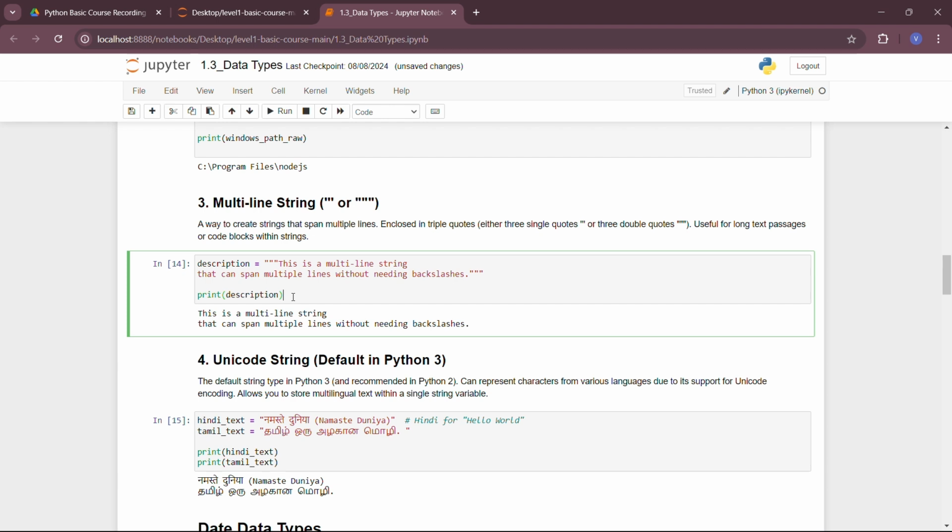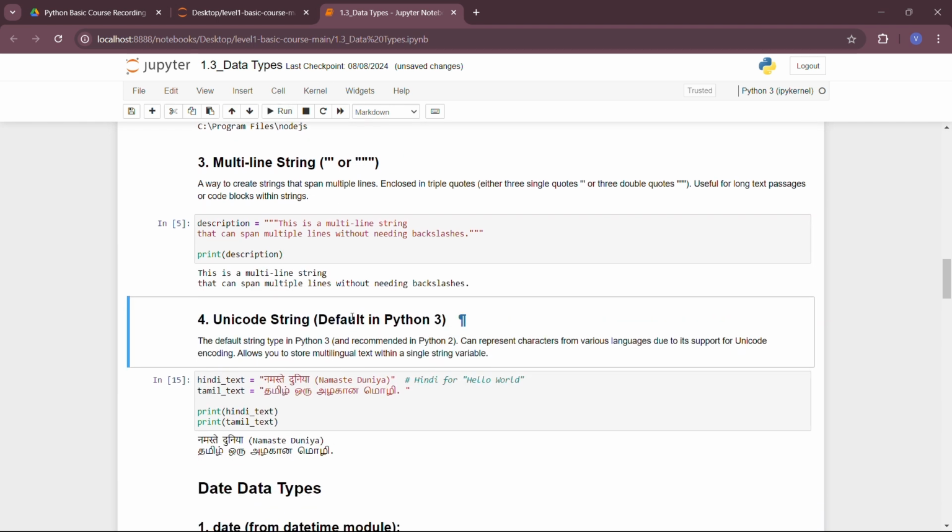Suppose sometimes we have long paragraphs or long code blocks to write; all of that can be included in a multi-line string. Here is a small example. We've given a description message and included it in a multi-line string. Just run this and you get the output.